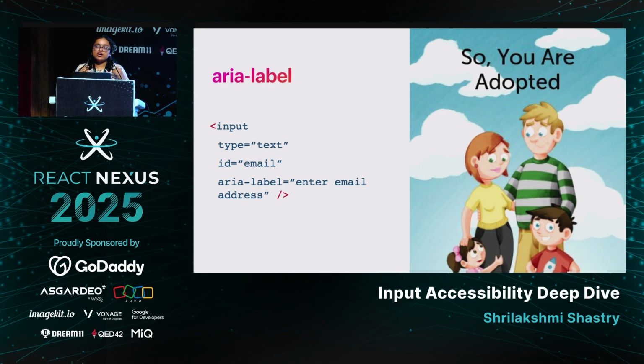Now let's understand when the label is announced when the focus is on the input tag. Let's assume there is already a value in the input tag and the focus comes to the input tag. If there is a value, the value is announced first, followed by the label. If there is no value, the label is announced first, followed by the description or the error message, whatever you have.